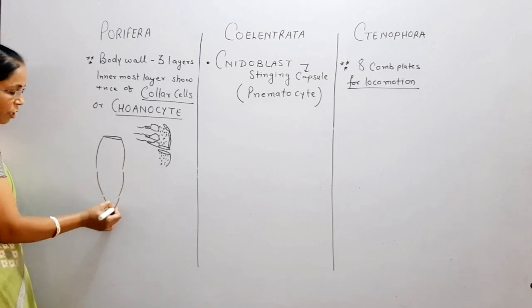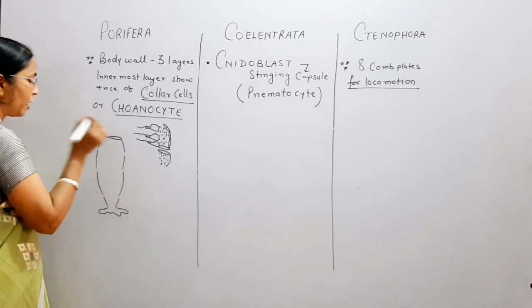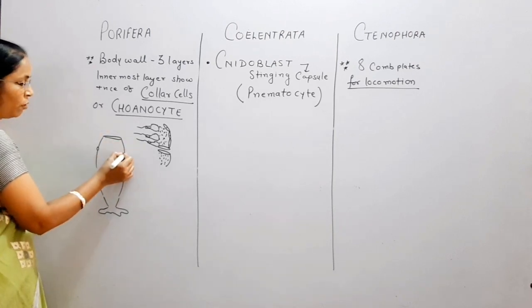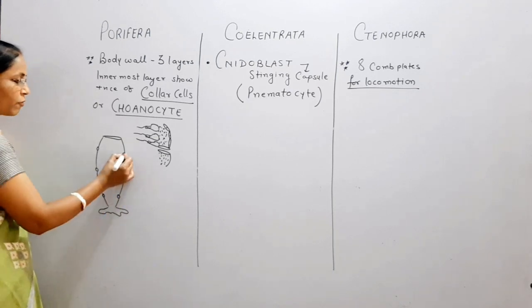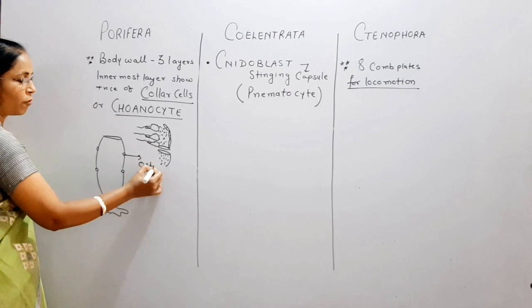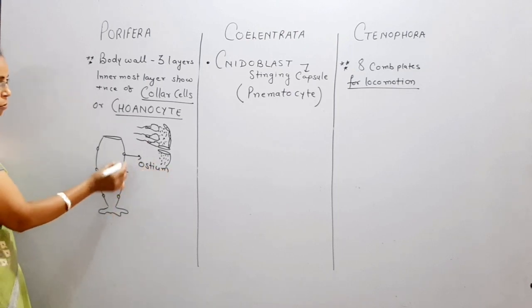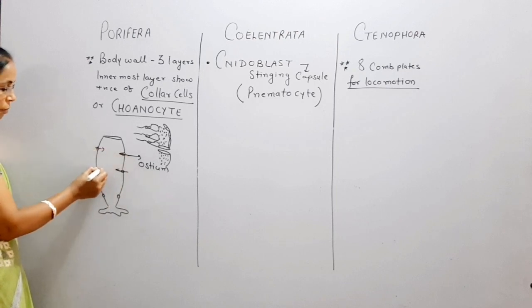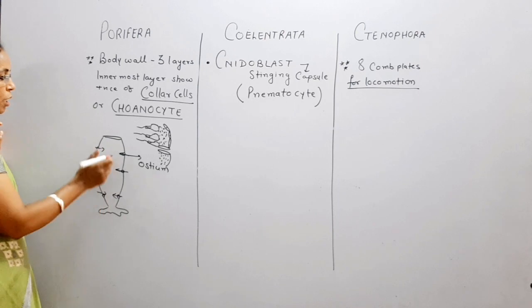Now if you come towards body organization, the simplest body organization, generally the sponges show vase-shaped or flask-shaped bodies. The simplest form, the different kinds of water canal system, you study here. Now the pores present over the entire outer surface, this large number of small pores, are called ostium or ostia. With the help of ostia, the body allows water to enter inside the spongocoel.